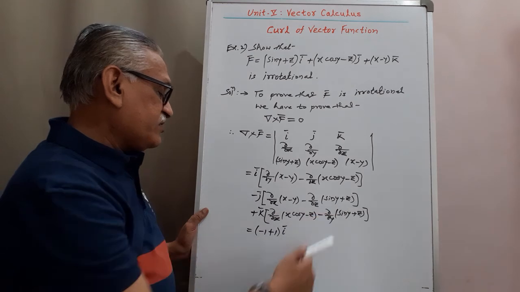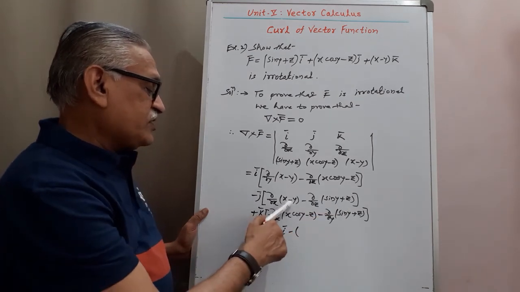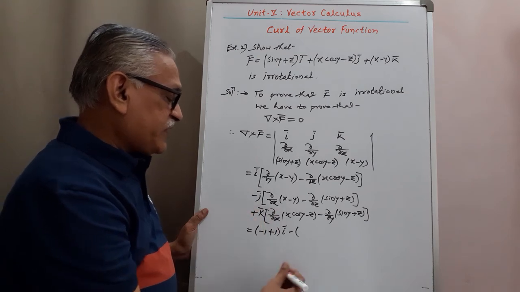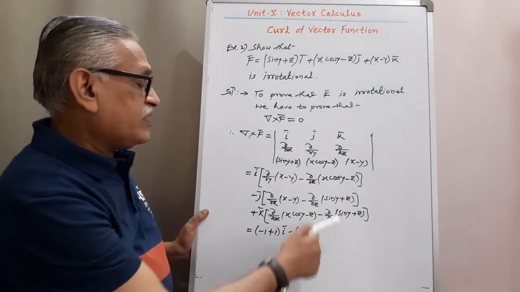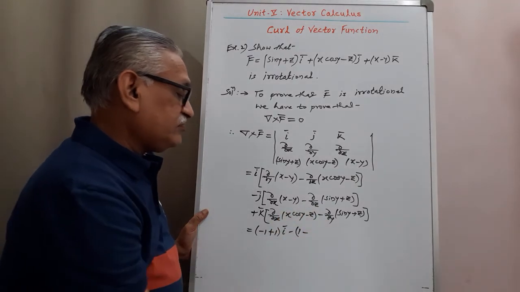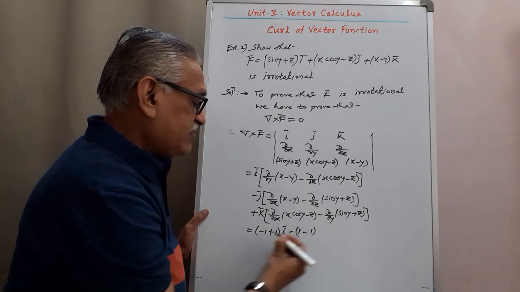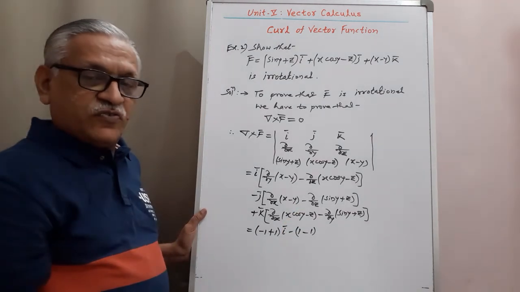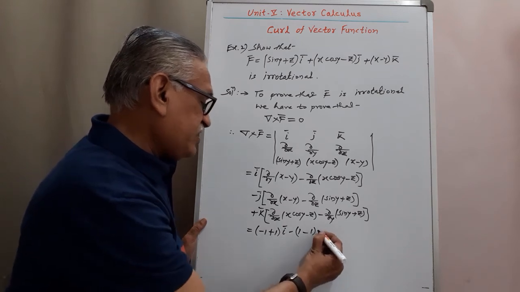Then differentiating this first with respect to x, its derivative with respect to x is 1, derivative of y is 0, minus derivative of z with respect to z is 1, and derivative of sin y is 0, as it is not a function of z, into j